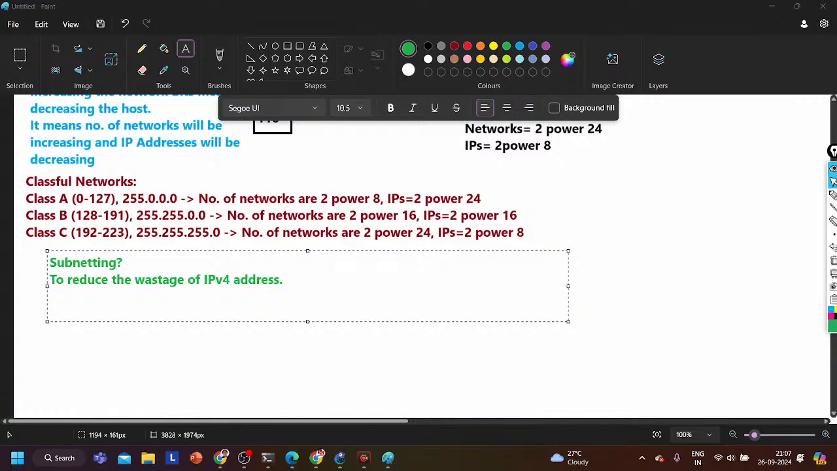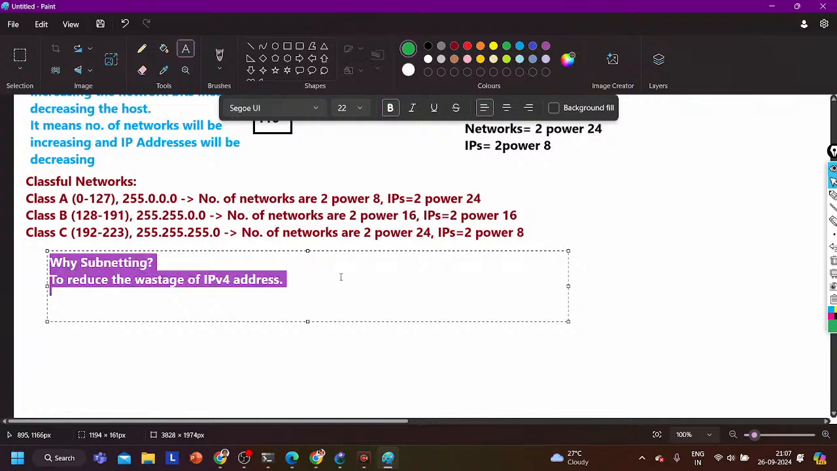So it is clear that subnetting is used to divide a large network into smaller networks. Then why do we need to divide a large network into smaller networks? Because of better performance, better security, to avoid wastage. So in the section of why subnetting, let me change the topic name, say why subnetting. Here I can say